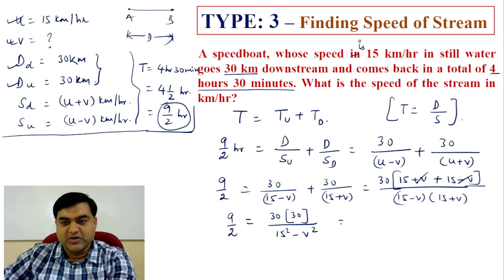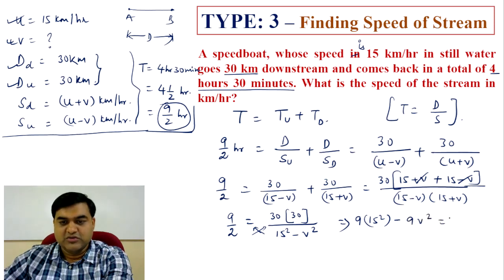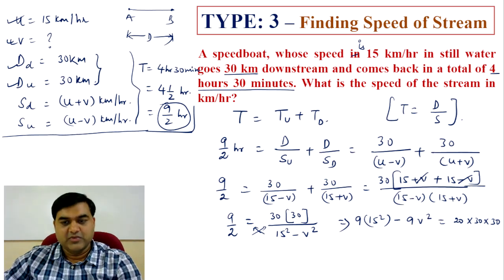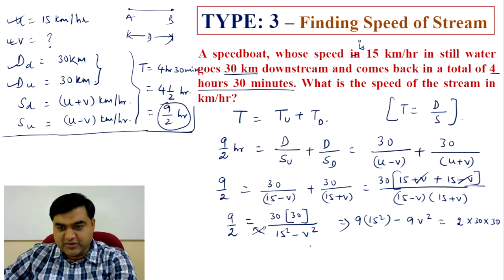9 by 2. Can we tell cross multiplication? By doing cross multiplication, can we tell now 9 into 15 square minus 9v square will be equal to 2 into 30 into 30, right? Okay, this is 2, not 20. 2 into 30 into 30. That shows, can we also write, that shows,